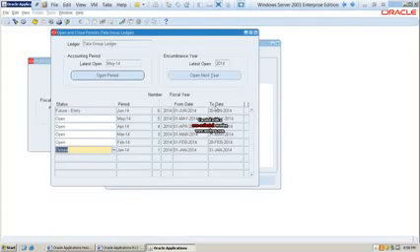Closed or permanently closed, what is going to happen? The data, whatever you already entered, you can go and see the data, no issues. But you can't edit any data. With closed or permanently closed, no new data is possible to enter.